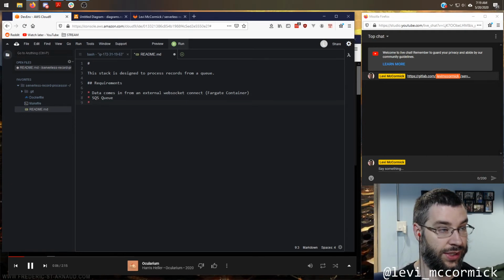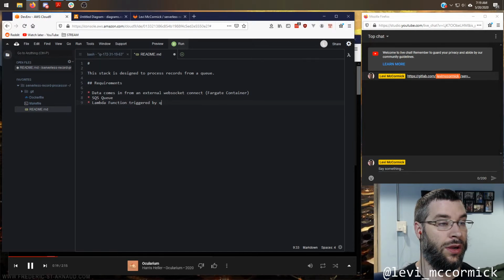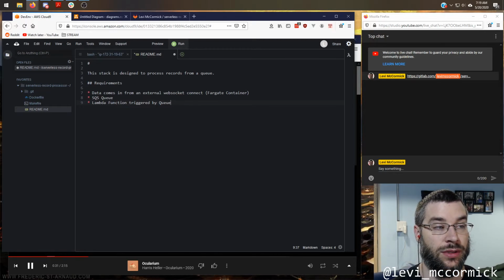The next thing would be a Lambda function. It's triggered by that queue. So the queue will, as it receives messages, there will be a trigger on it. Or I guess the trigger's on the function. I don't know where it lives.